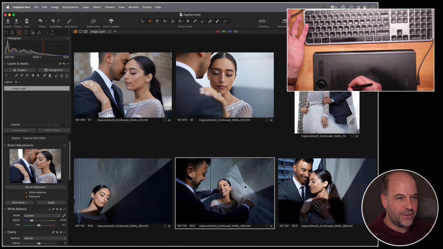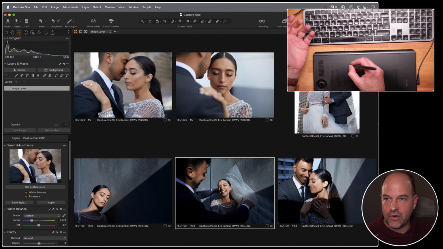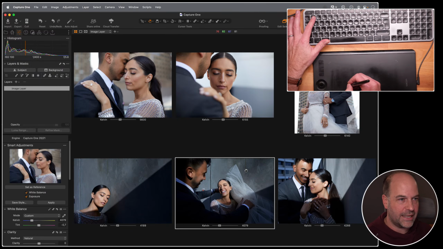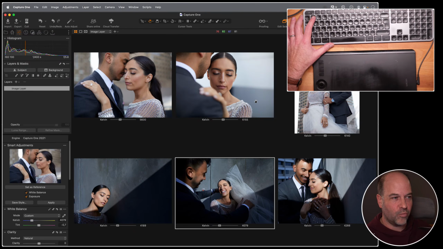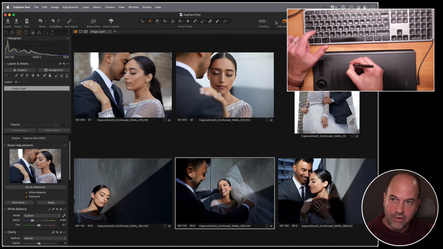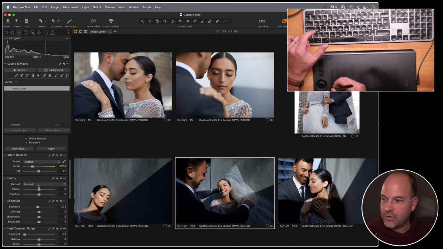Now, Jeff, if you wanted to edit everything at the same time again, we would turn edit selected on. Let's say they're a little bit on the cool side. I want to warm them up. So if I hold down 1 on my keyboard, then you see the Kelvin values underneath. They all vary a little bit because the light is obviously not constant. But if I want to warm them all up by the same amount, then I can just do a quick drag and get them all looking a bit warmer. Nice.